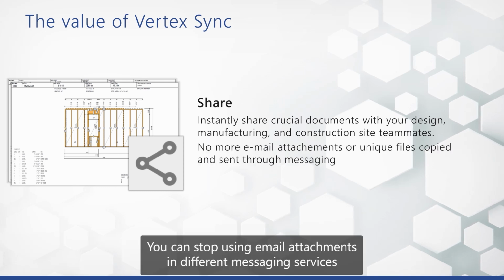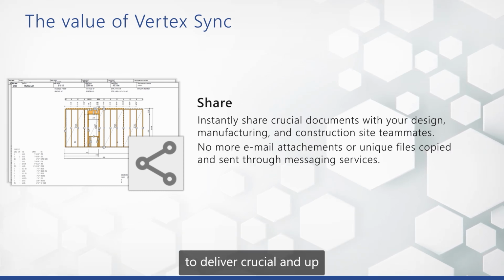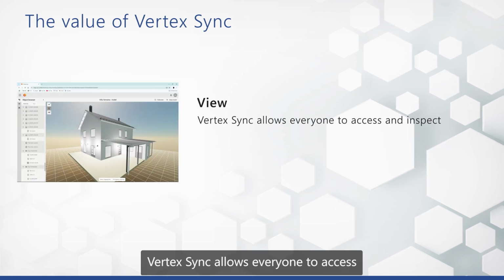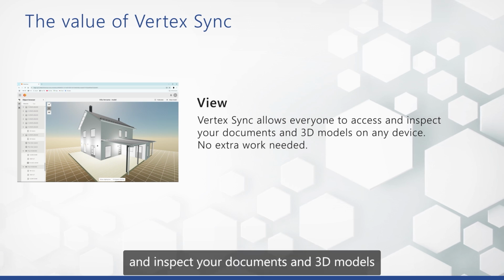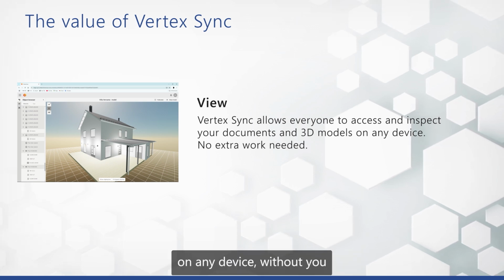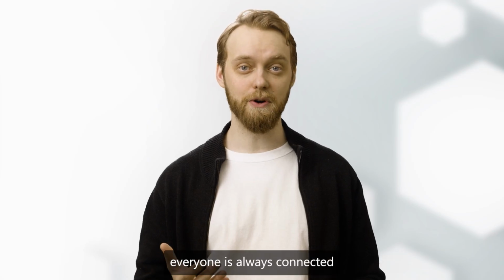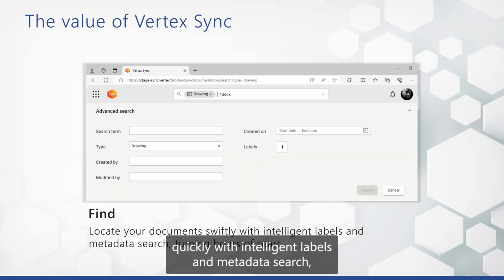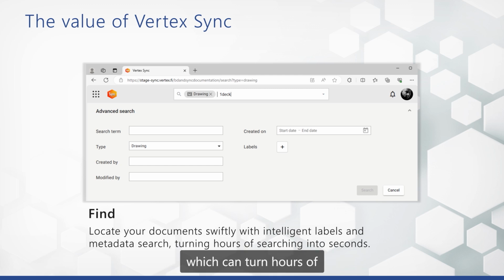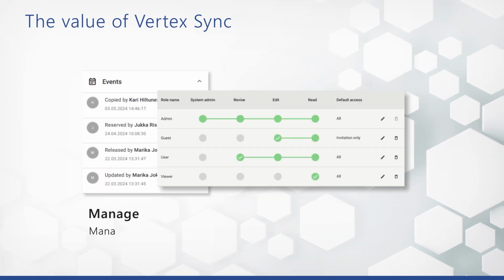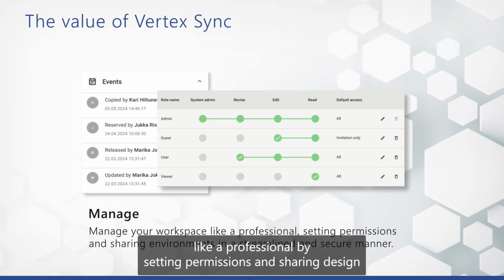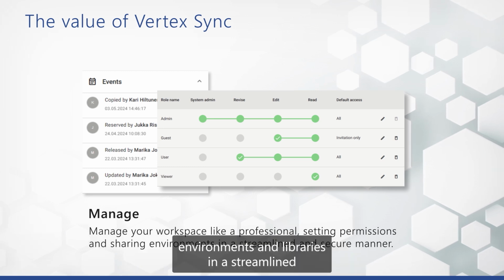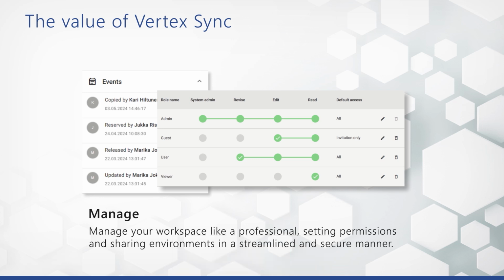You can stop using email attachments and different messaging services to deliver crucial and up-to-date files and documents. Vertex Sync allows everyone to access and inspect your documents and 3D models on any device without you having to do a thing. Vertex Sync ensures everyone is always connected to your latest work. Locate your documents quickly with intelligent labels and metadata search, which can turn hours of searching into seconds. Manage your workspace like a professional by setting permissions and sharing design environments and libraries in a streamlined and secure